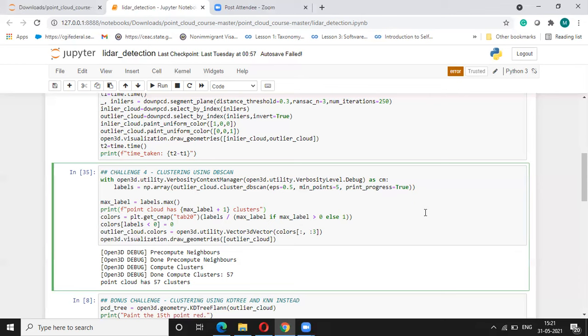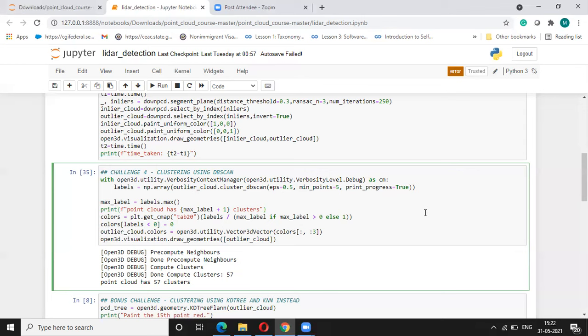And then we just keep on expanding our cluster size, and if that distance goes beyond that value, then we end our cluster there, and the next cluster begins. So that's the DBSCAN method. And the SDBSCAN method is one where this epsilon value, or the distance, is chosen automatically. So that's something we have implemented over here using the Open3D library.